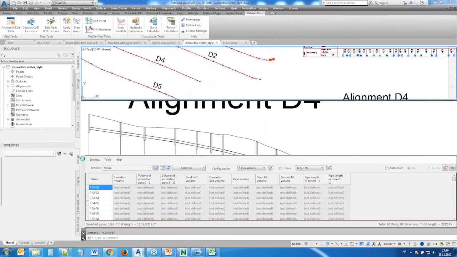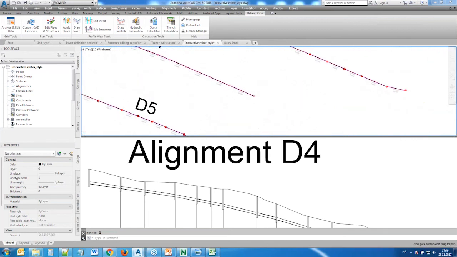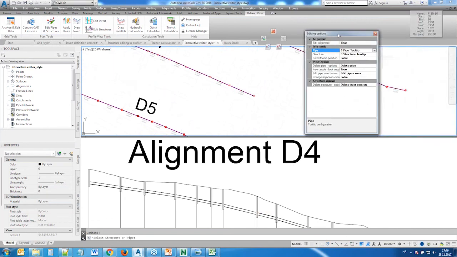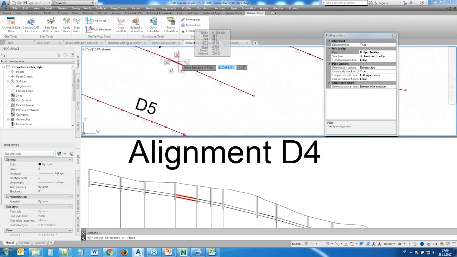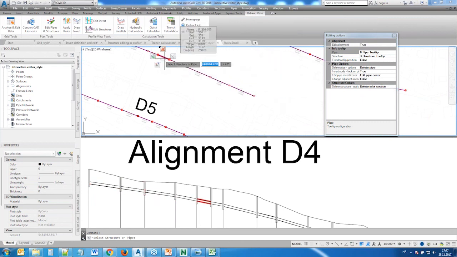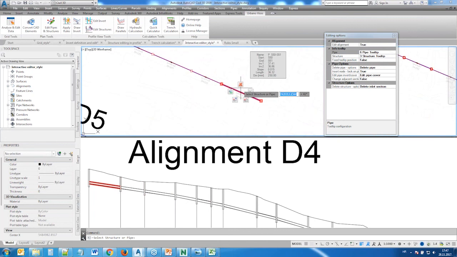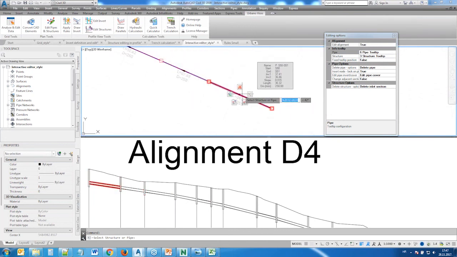So we are now already close to the end. So I just want to show you a couple more features. So we have something that we call interactive editor. So you can see when I move my pointer, that when I hover over a pipe or a structure, a different set of icons appears. And so these are all editing options. So how does this work? So first of all,